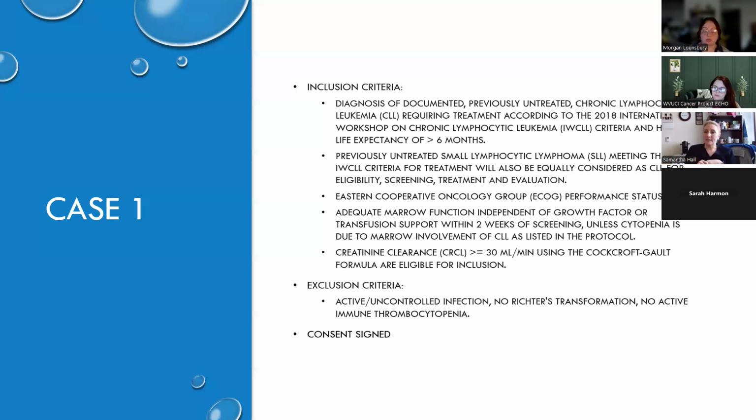The exclusion criteria are that you can't have people who have thrombocytopenia, an active or uncontrolled infection, or what we call Richter's transformation, which is where the CLL has transformed into a diffuse large B-cell lymphoma. So after talking to this patient extensively about all of this, he decided he was going to go